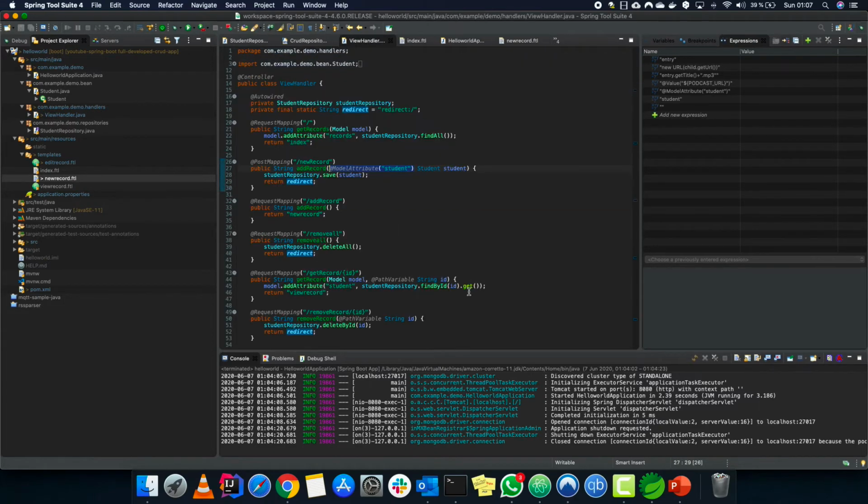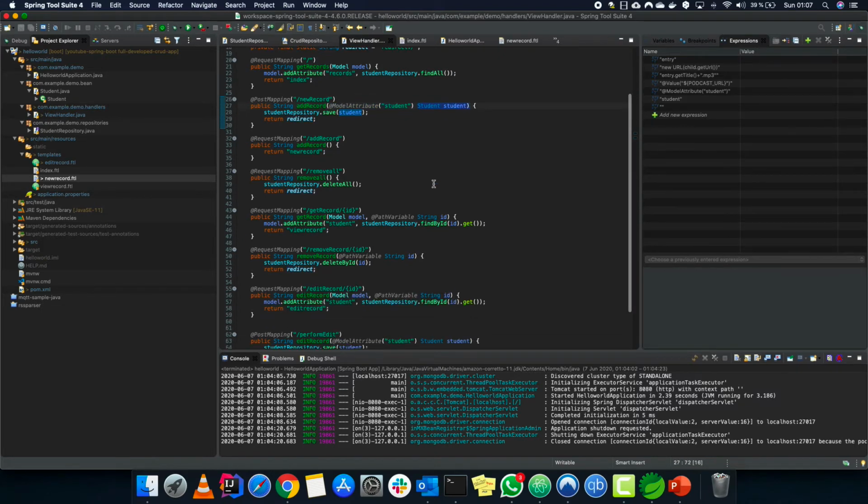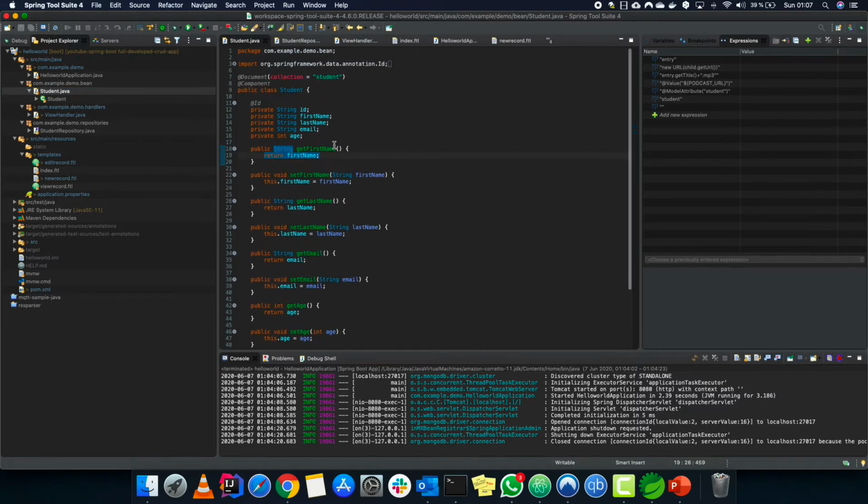So it takes first name, last name, second name, and assigns them to the student. It will take the first name field and assign it to the first name, take the last name field and assign it to the last name, take the email, and then provide it to the email field. For these we need to have bean fields with the same name. So you have to be careful, you have to provide the same names, otherwise there would be errors.